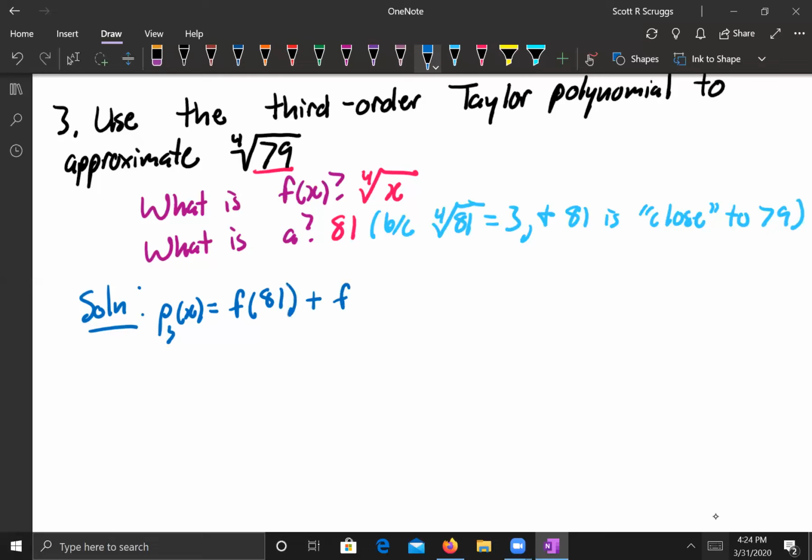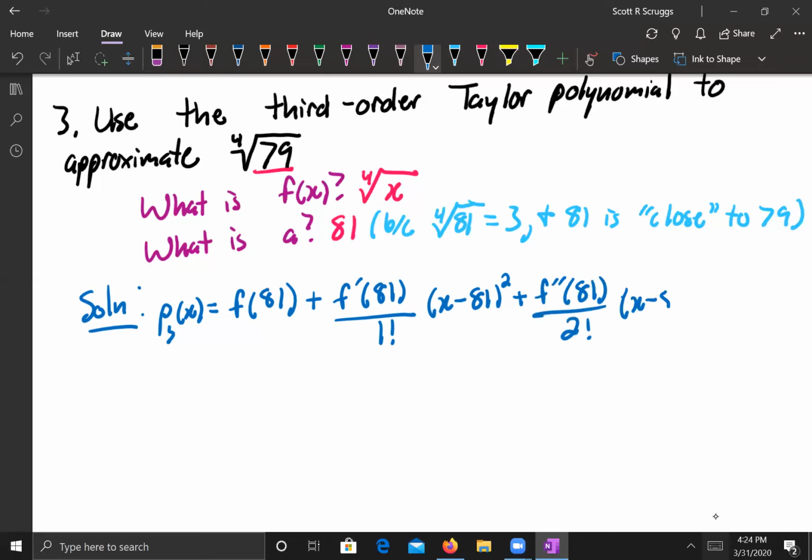Need to know my first derivative at 81, times x minus 81, plus the second derivative at 81 over 2 factorial, times x minus 81 squared,